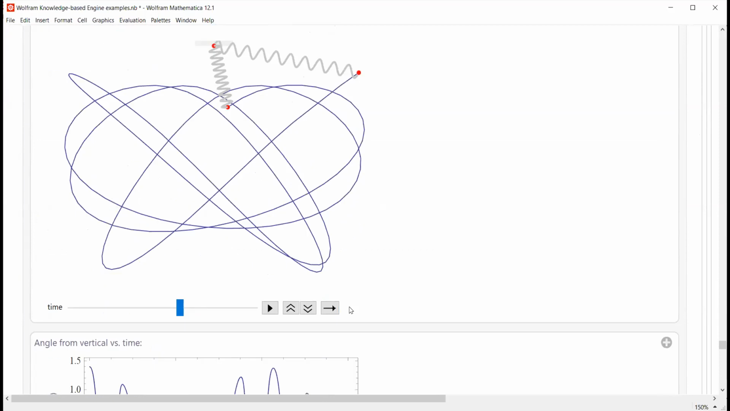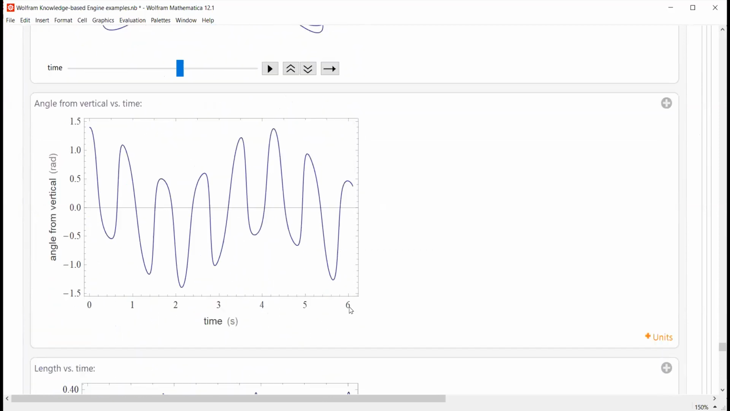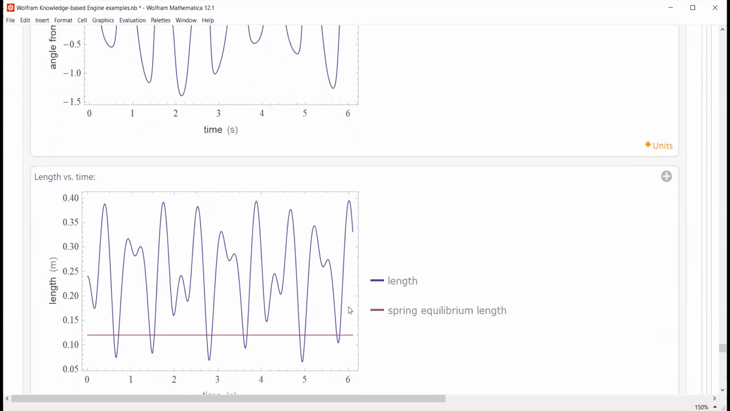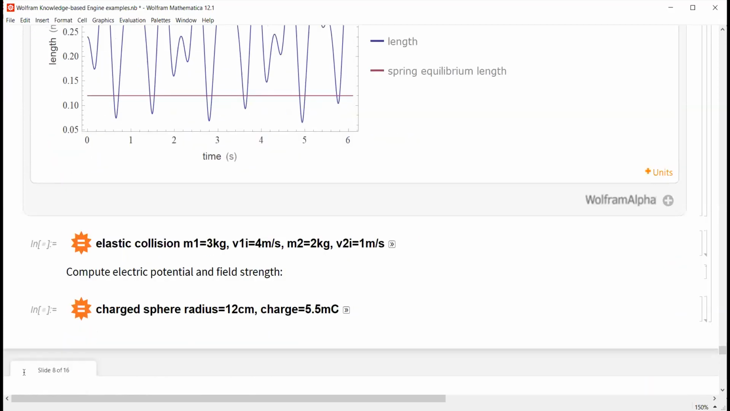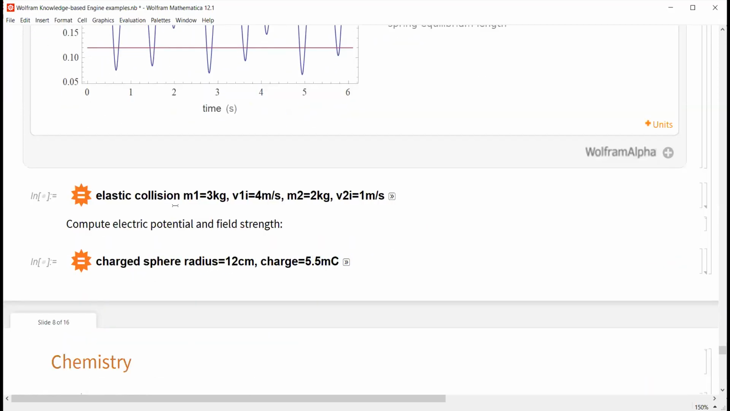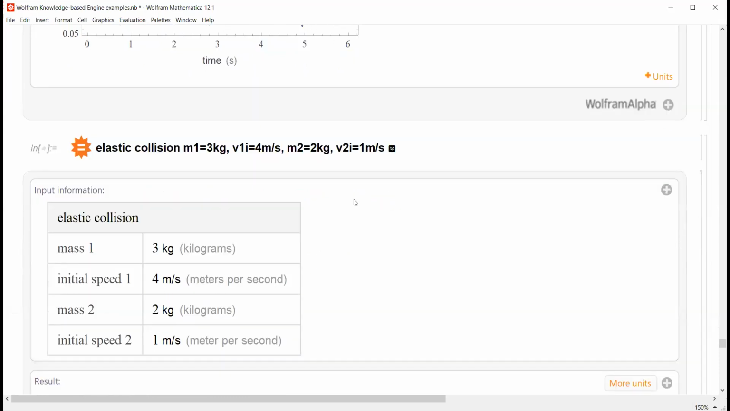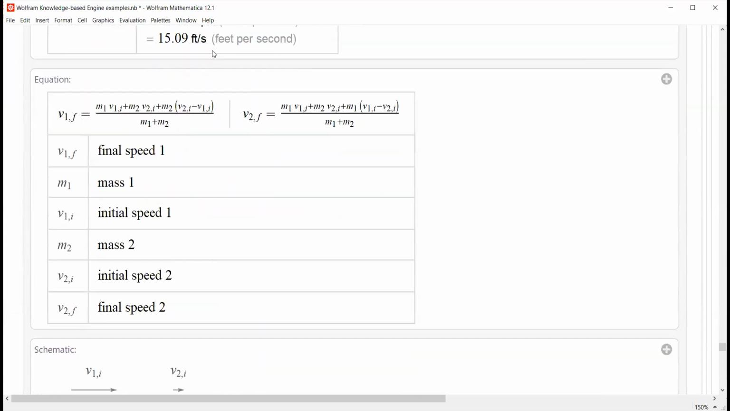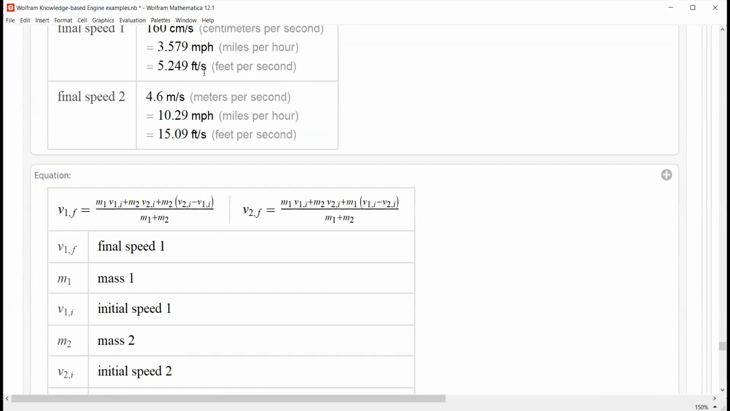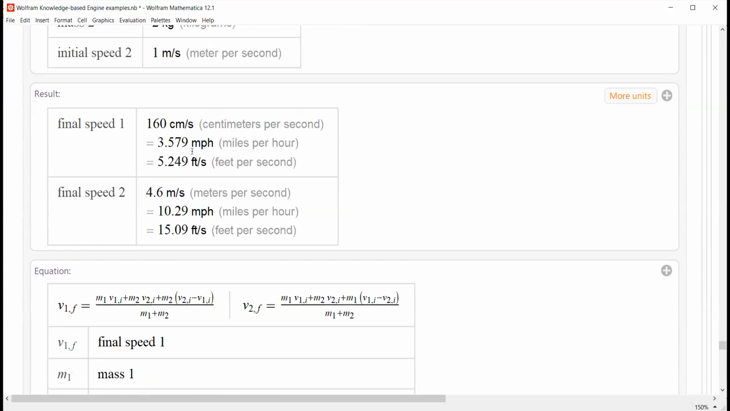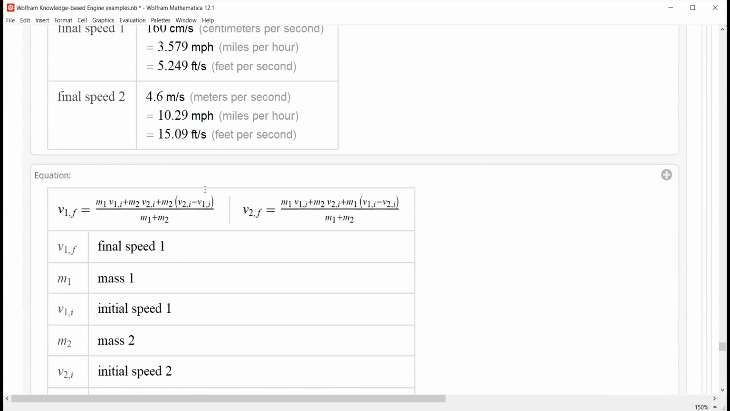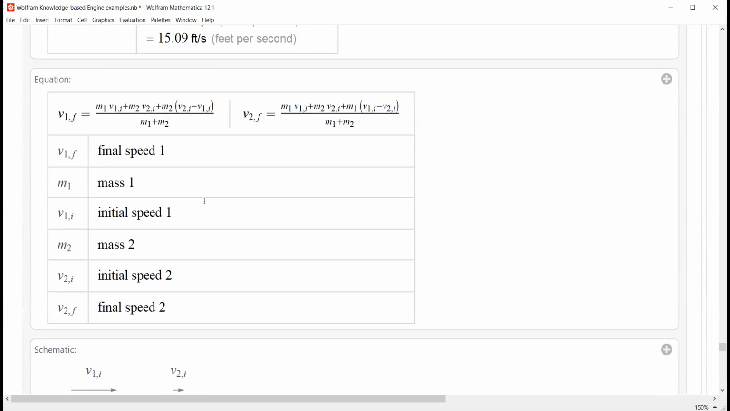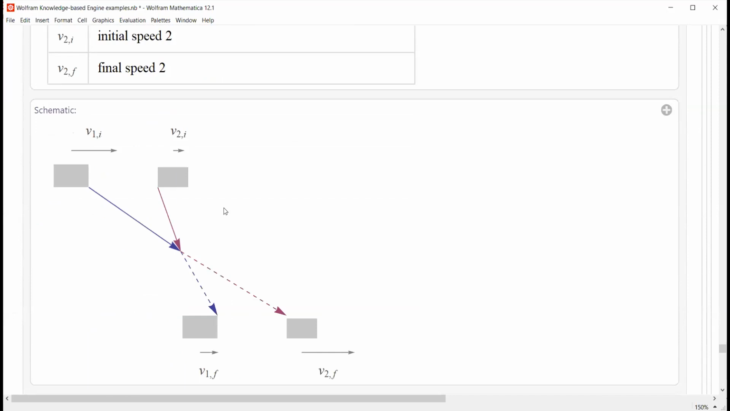Okay? Everything is here. So if you are using it for a physics problem, this is very handy. It solves a lot of things. Illustrate collisions. Just put in your initial values, input values. It does it for us. And most importantly, all the units, they can auto convert for us, or you can select more units, whichever unit you want for the result, and also the equations involved and the schematic,